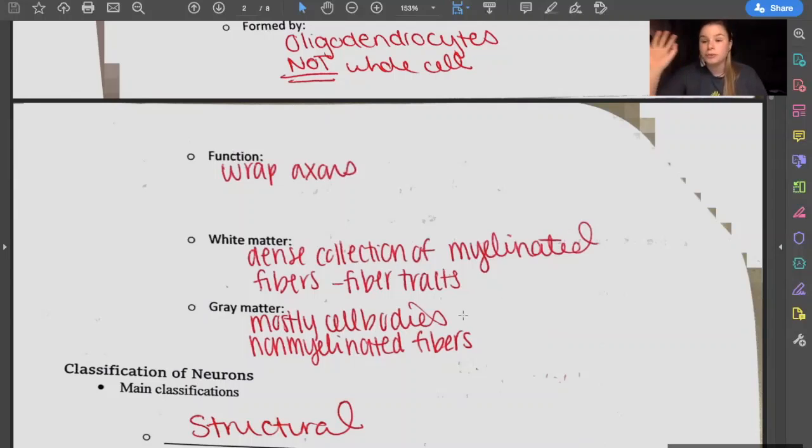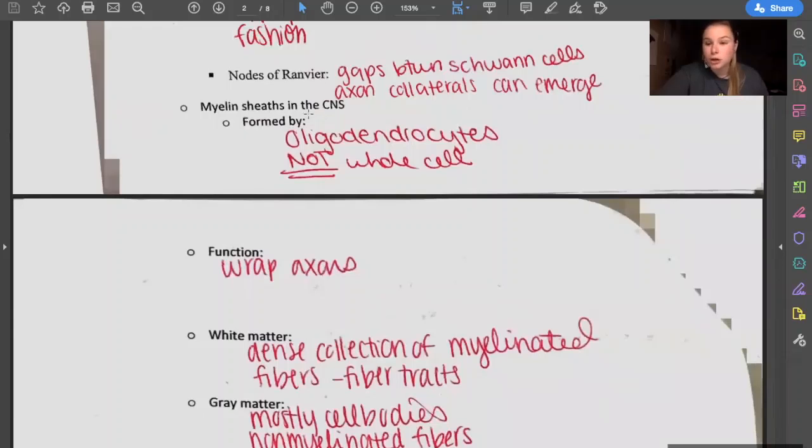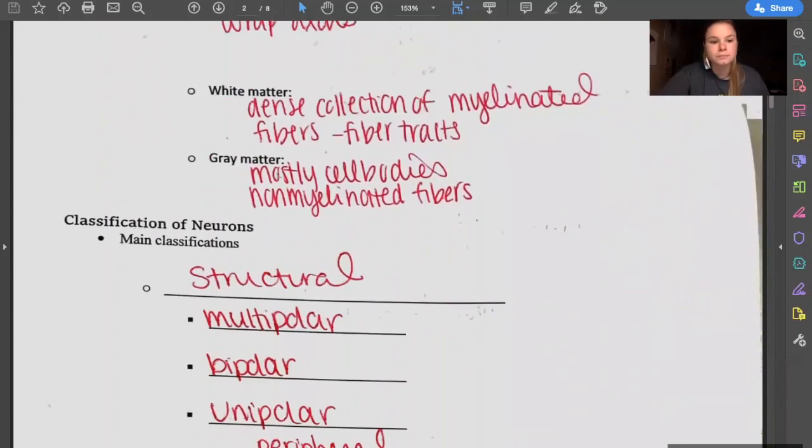Okay, so picture this. Fibers, axons, all that jazz is originally gray, which is why the gray matter is non-myelinated. However, when we myelinate something, when we give it that axon wrapping of the myelin sheath, it becomes white. So then it's white matter, okay? Remember that we're talking about the central nervous system, okay? Okay, so we have lots